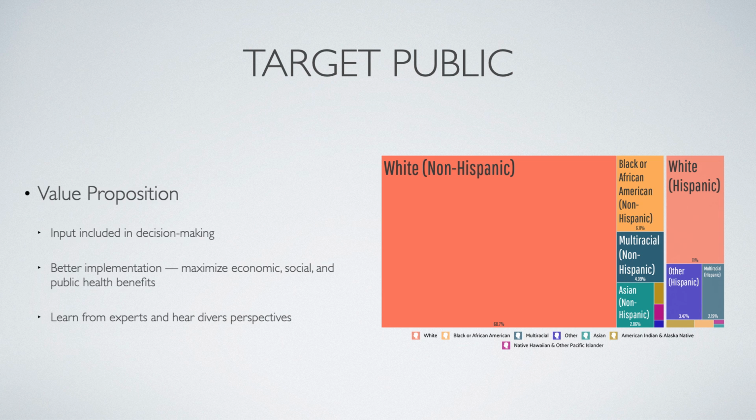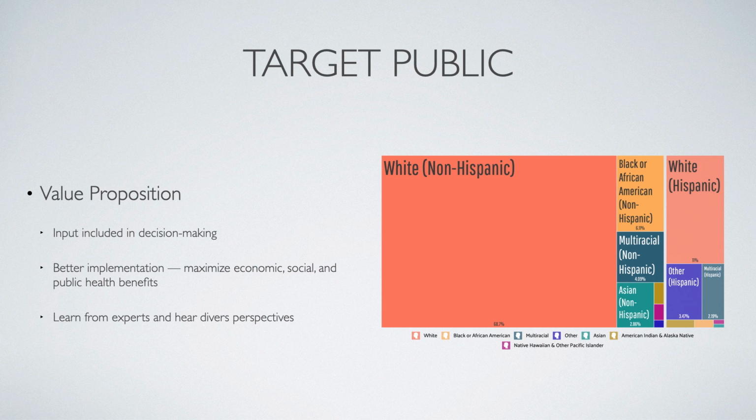So, the main value provided to the public is that the community consultation offers the public a voice in the governance of vaccine passports. They have the potential to offer economic, social, and public health benefits, but there are also risks and concerns that need to be addressed. So by participating, the public will help the health department make more informed decisions about how to better implement vaccine passports. Members of the public who participate will also get the opportunity to learn from experts in public health, law, and economics, as well as to hear from community members with diverse backgrounds and perspectives.